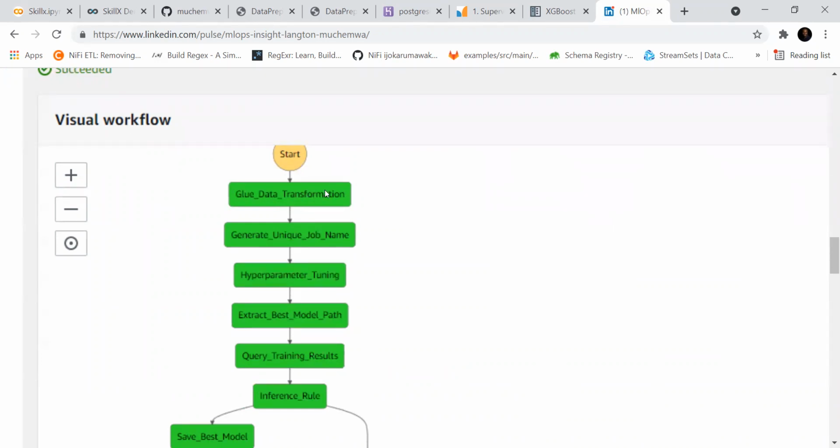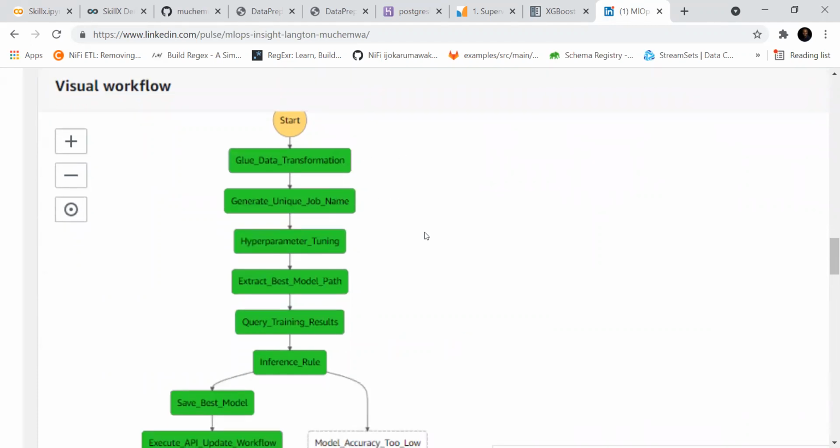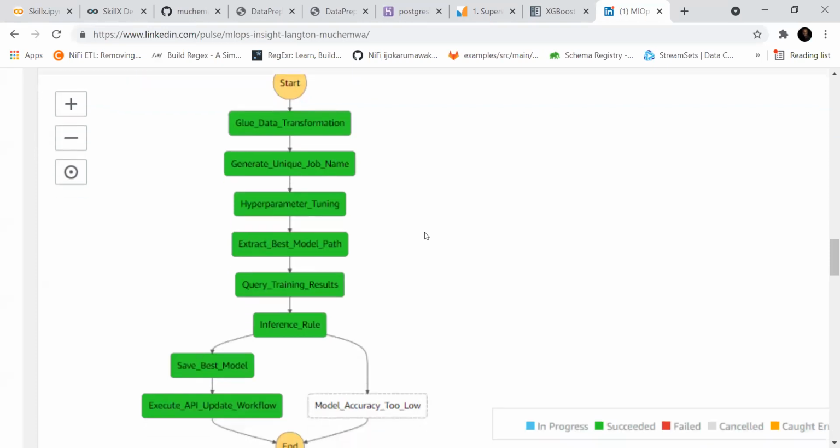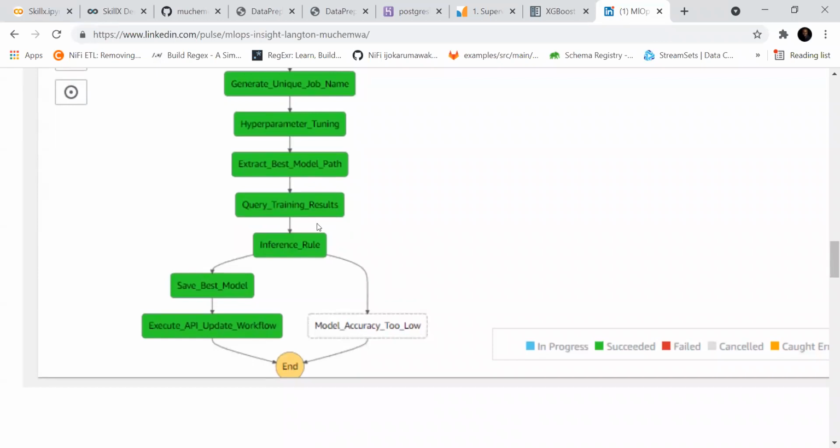So it will do your data transformation, generates a unique name. This is specific to what it does in AWS. Do the hyperparameter tuning, run another step that does the best model path, and then query the training result. The inference rules are run from there, and then if you need to do an update on the API workflow,